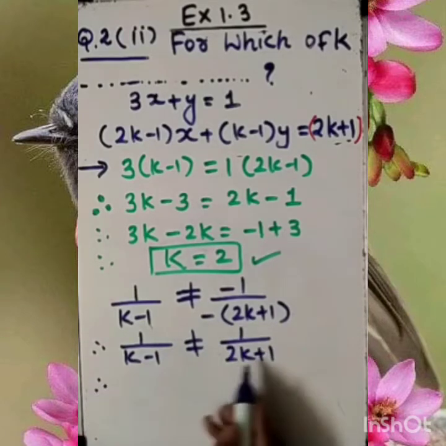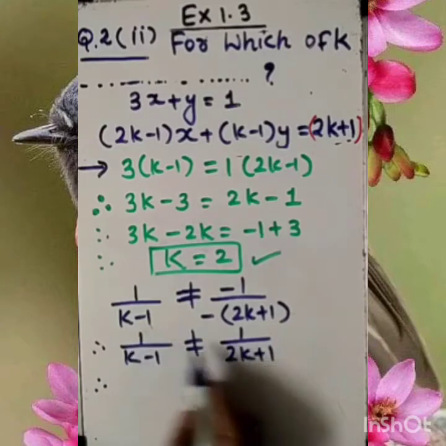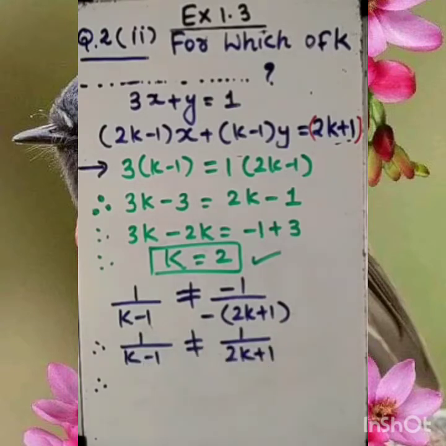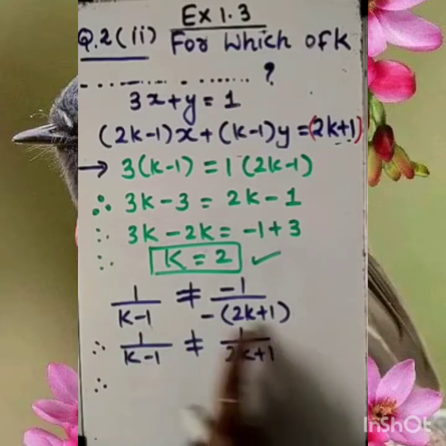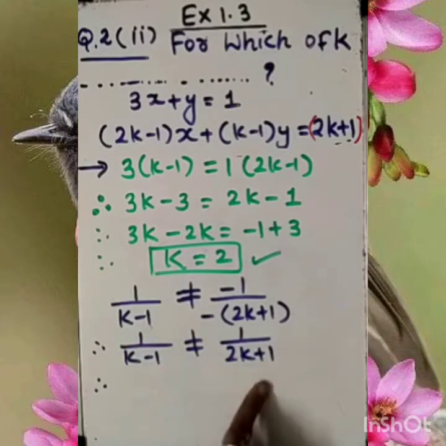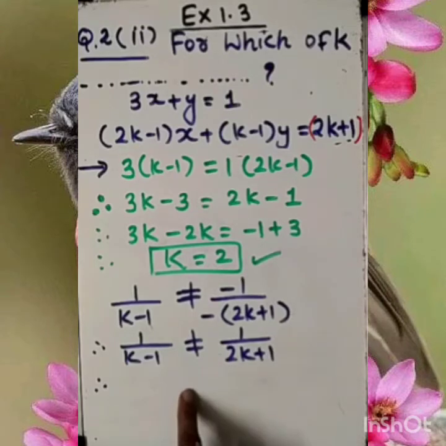It means cross multiplication. If we go with the cross multiplication, then what is the simplification? Are both the sides coming similar? So we need to write here that no solution can be found. Okay, both the sides are not similar. So in such a case, we can say that there isn't any solution for k equal to 2.